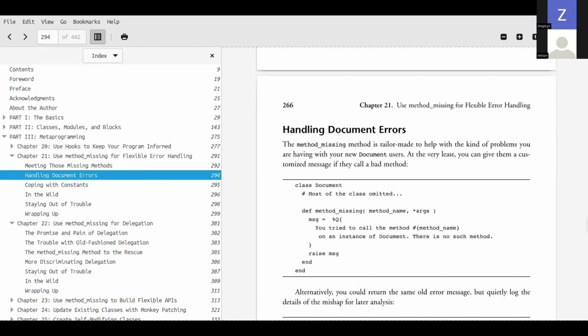Okay. So in the first section, he's saying one thing that you can do is tailor method_missing. So one thing that you can do is raise an exception. So if the method doesn't exist, we can raise an exception. We're going to modify the default message that you get. But ultimately, that's one alternative. Another alternative is that you can open up a log file and put in